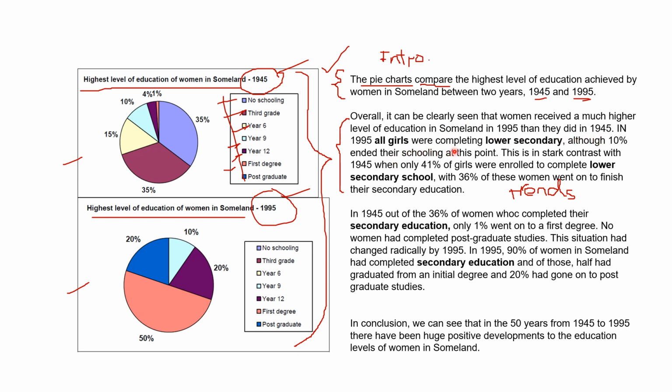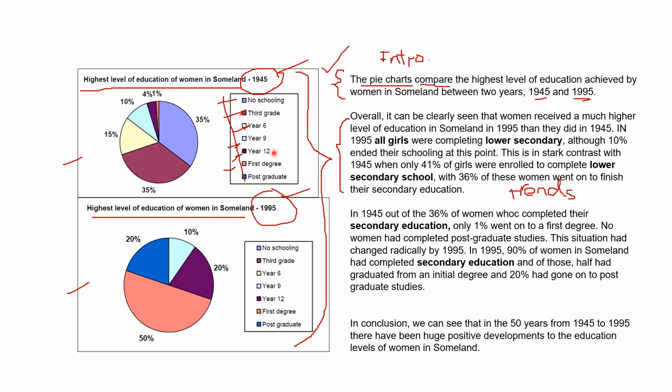All girls were completing lower secondary, although 10% ended their schooling at this point. They stopped after year 9. 10% of women in 1995 stopped their schooling when they were in their lower secondary. This is in stark contrast with 1945. In 1945, only 41% of girls were enrolled to complete lower secondary. Okay, so